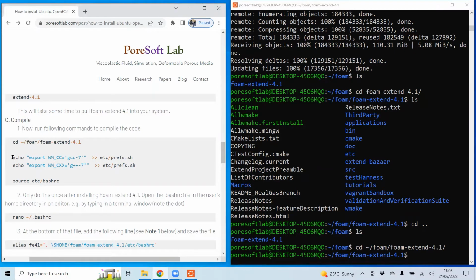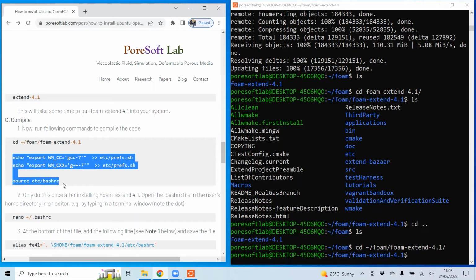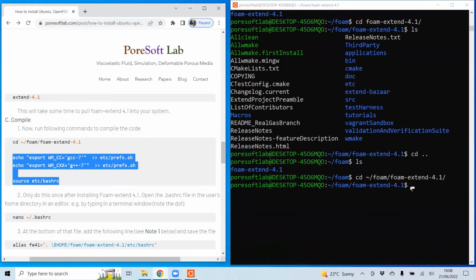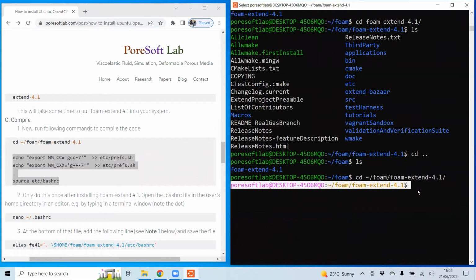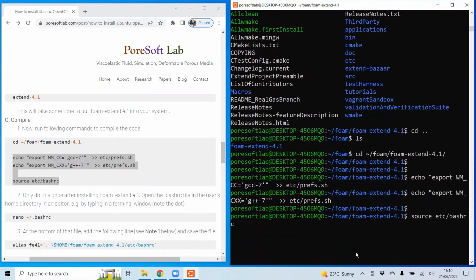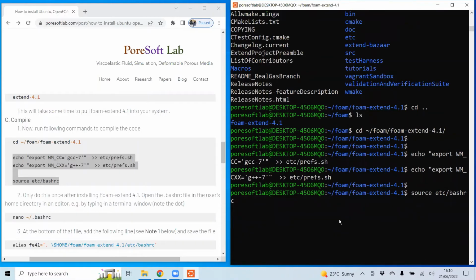Then copy these 3 commands, paste them, and then enter, and it will choose the file.